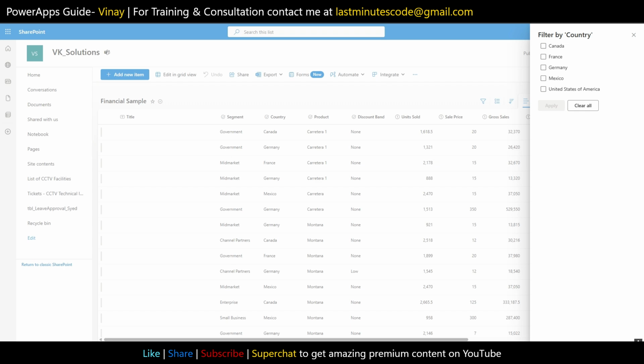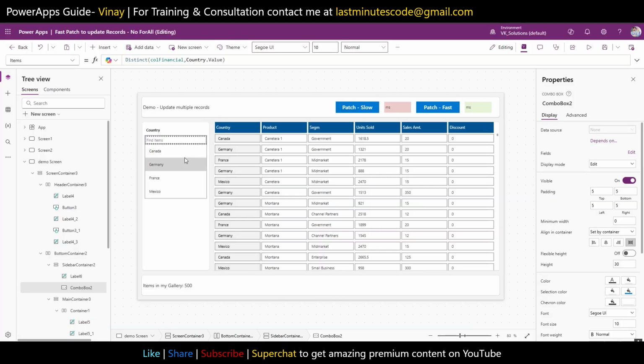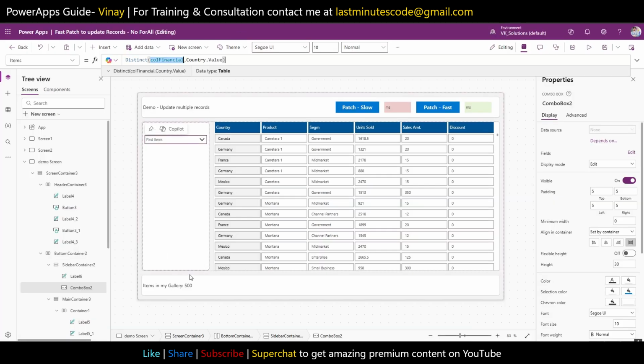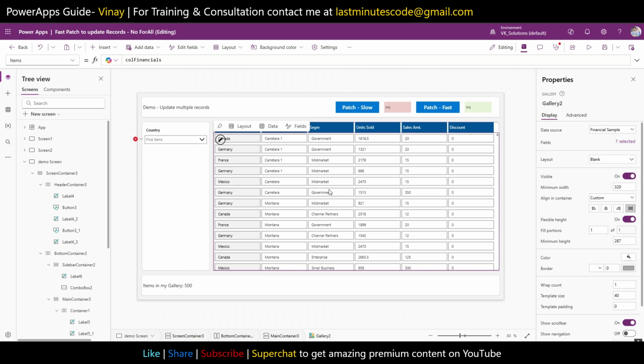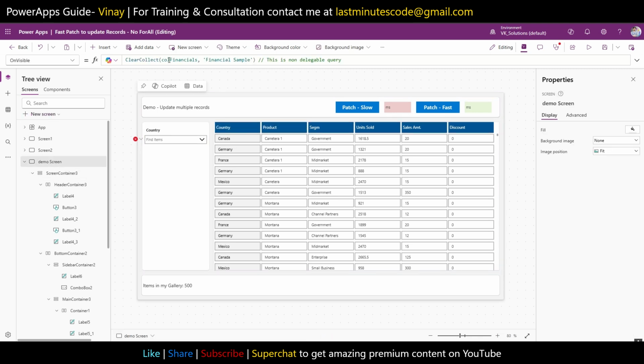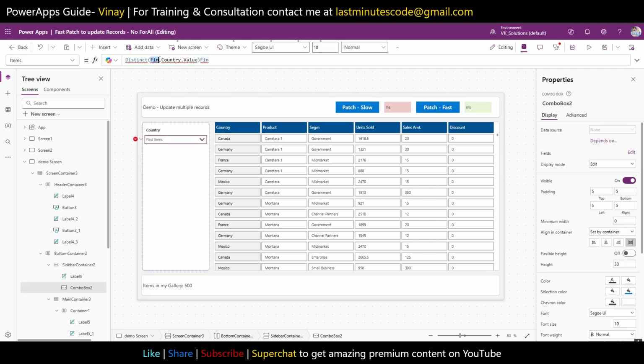Where is this United States of America? I'm not seeing it up here, because distinct ColFinancial has only 500. So it's just distincting for 500. Now many of you will say, okay, let's not do it like this. Let's use the original data source. The name of it is financial sample. So let me copy its name. I don't know why it's not coming automatically, but if I put this up here,